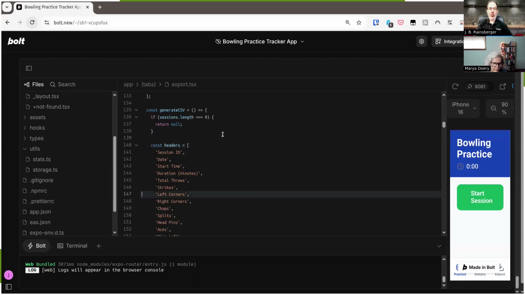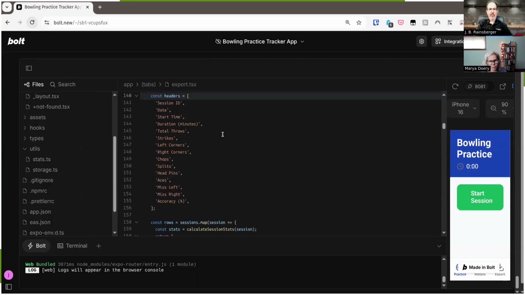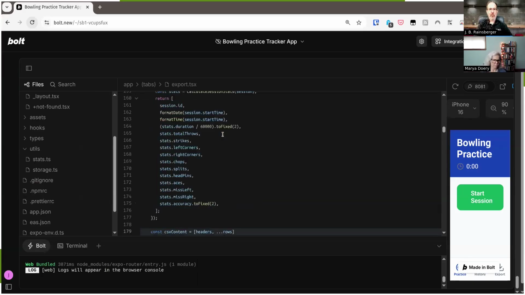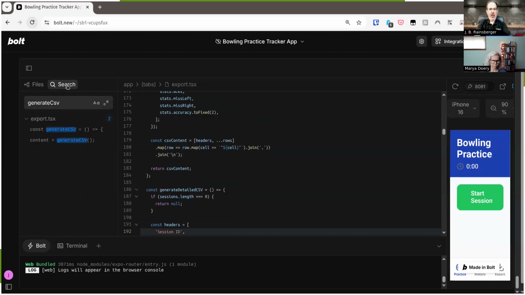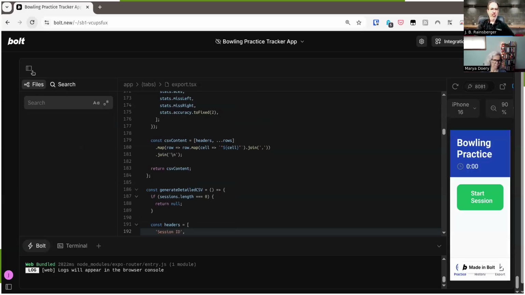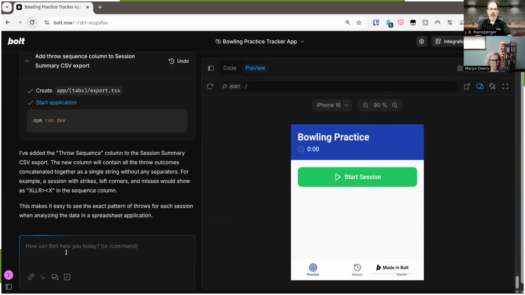Yes, right now we're just looking at it to see what it added. You want to diff it with the current version? Yeah, that's why I was thinking it might be easier to diff it with the code. I was looking to see whether this would be quick enough first. And in fact, we can see here that it doesn't look like the changes to the headers were applied. And so just to be sure, I don't see anything here either. So we can even search for what do they call it? I think they called it sequence. Bolt indeed got stuck and it didn't even do anything. It didn't regenerate it.